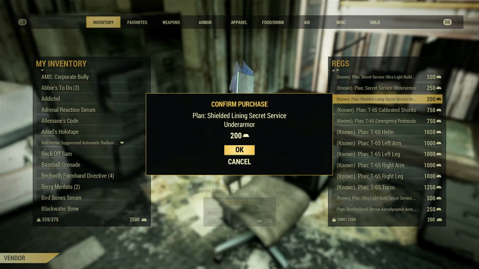Actually, no, first of all, I need to tell you the 3 linings that you can get for the Under Armour, and you should only buy 1. You shouldn't buy any of the others, but you should only buy 1. And I'm gonna tell you which ones you shouldn't buy and which ones you should buy to cut out the